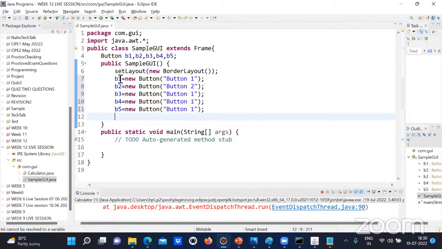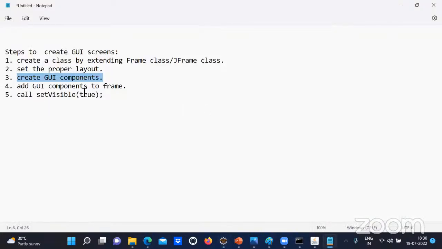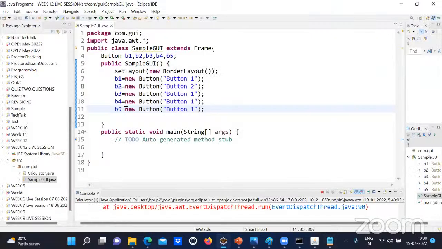Now we should add these buttons to the GUI screen. So add GUI components to the frame. We should add these buttons to the frame. But before adding, see here, which layout did I set? BorderLayout. So if you set BorderLayout to the frame, see,